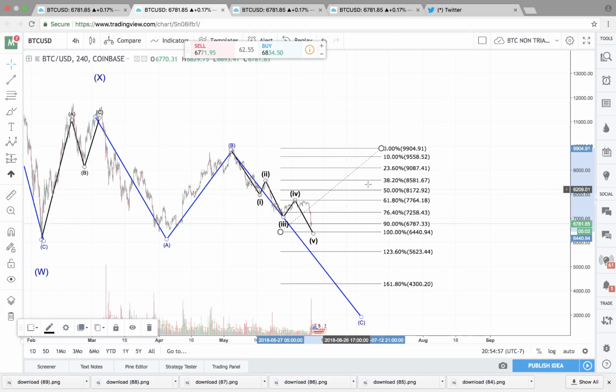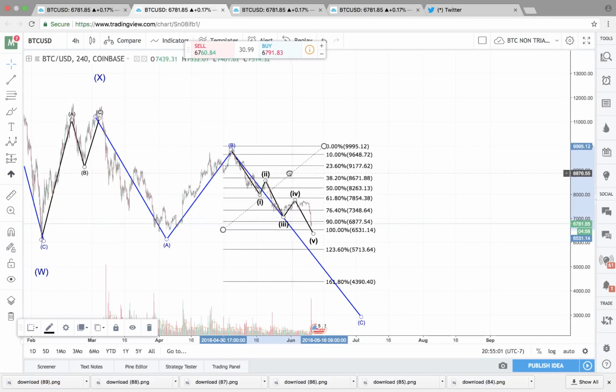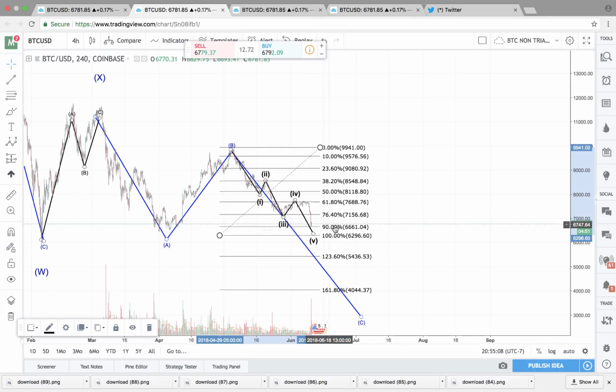So the bounce, assuming we know that wave 2s tend to retrace 50 to 61.8% of wave 1s. So let's say our wave 1 does happen to extend to 6.3K levels, right around there. Even if it does extend to 6.3K levels, then a fairly conservative bounce would be the 23% retracement, which is super conservative for a wave 2. They tend to retrace 50 to 61% a majority of the time. But let's take the most conservative estimate of 23%, and that gives us around $7,150,